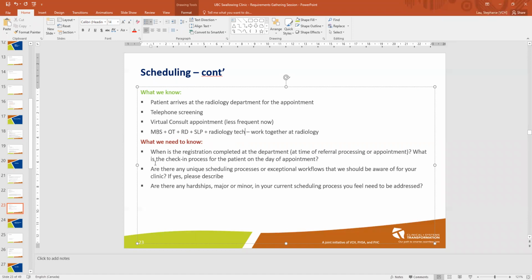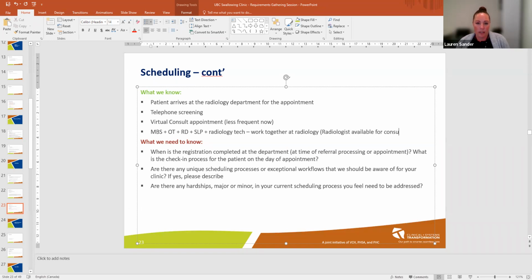Okay. Sorry, Steph, one more thing for sure. Is there a radiologist there as well, or no? Available for consultation, yes. Now they've moved over to the structure where the technologist is doing the fluoroing, and the abdo-rad radiologist is typically the one that's there to provide consultation as needed. Okay. And Lauren, you probably know this. They'll probably dictate a session number afterwards, right? Yeah, they'll dictate fluoro time. Perfect. Okay. Thanks.